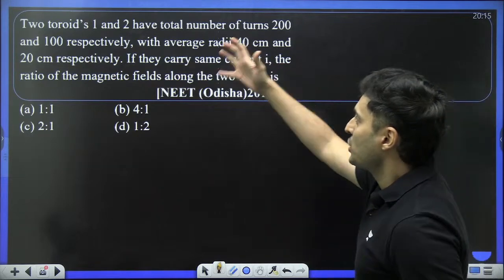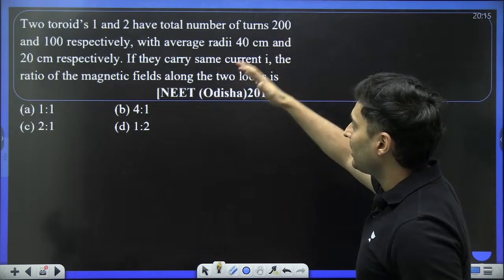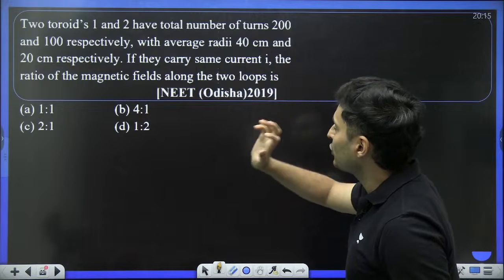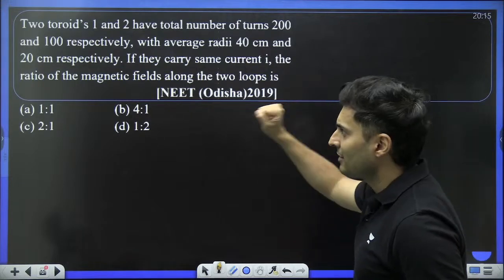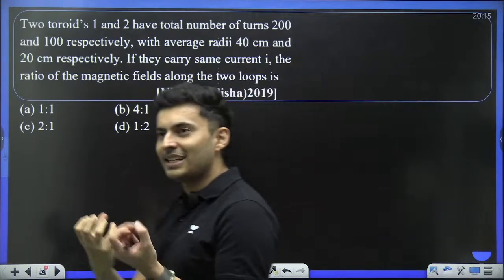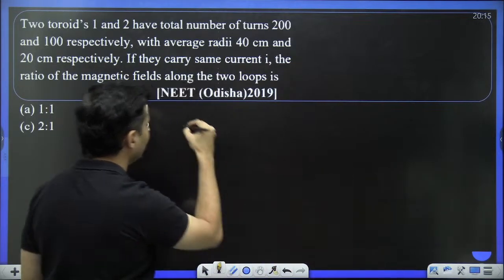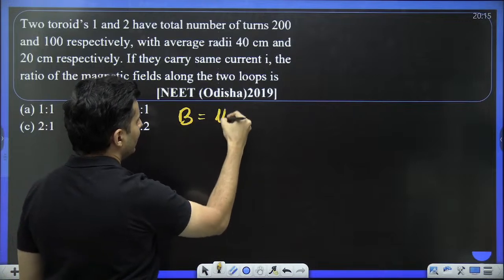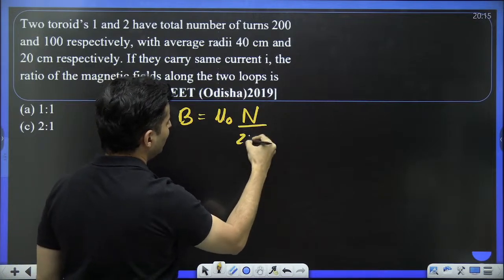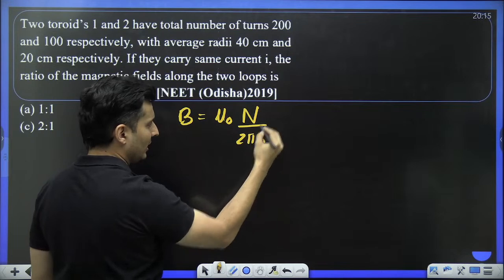Two toroids have turns 200 and 100, average radius 40 and 20. They carry the same current. What is the ratio of the fields inside those toroids? Direct formula of toroid, nothing great. Direct formula of toroid is mu naught, number of turns by 2 pi r, turns per unit length, into the